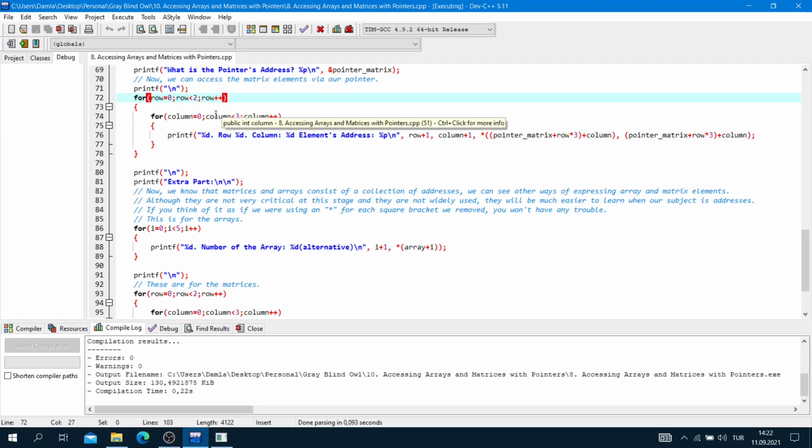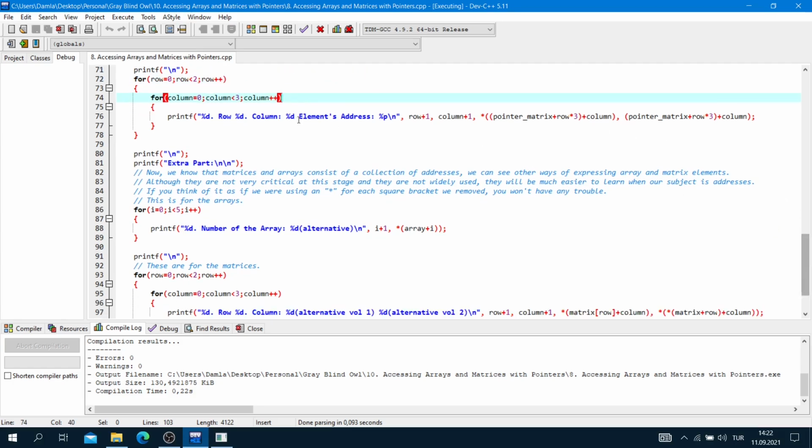For column is equal to 0, column is less than 3, and column plus plus. Printf the row number and the column number, our variable name and our variable value, and the element's address, the percent sign P. Here, pointer matrix plus row times 3 plus column.